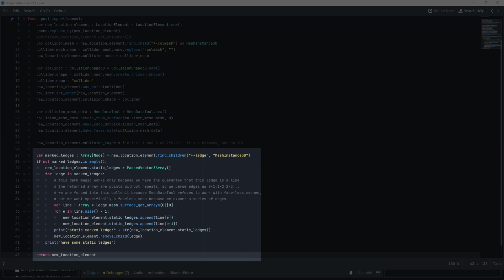As always, Godot tried to throw some sticks in the wheel. Turns out the mesh data tool just refuses to work if there are no faces in your mesh, and we specifically use only edges because we want to transfer a line. So we use data from one level lower by requesting an absolutely raw list of points from the mesh. They aren't usually so usable, but we can work with them because we specifically encode a single line of edges.